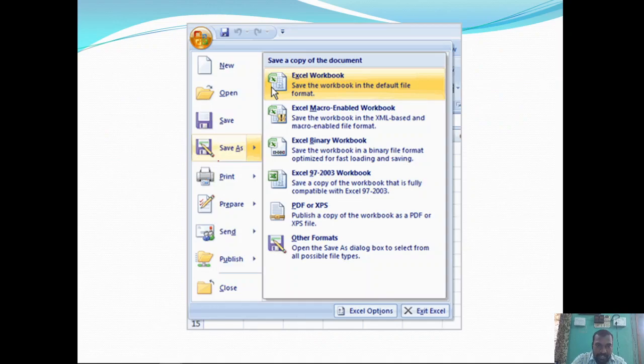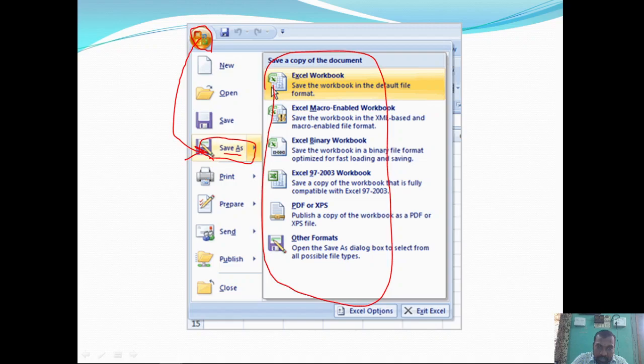So here is the save as command. It is available under the office button. After left clicking the office button, choose the save as option, move the cursor point onto save as, then automatically this menu will be displayed.